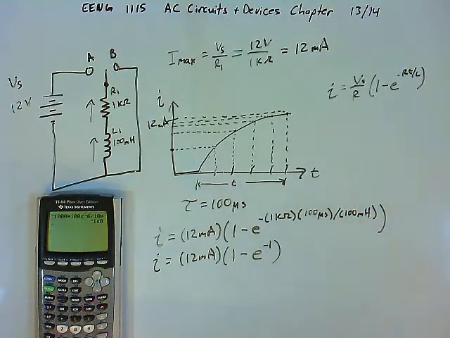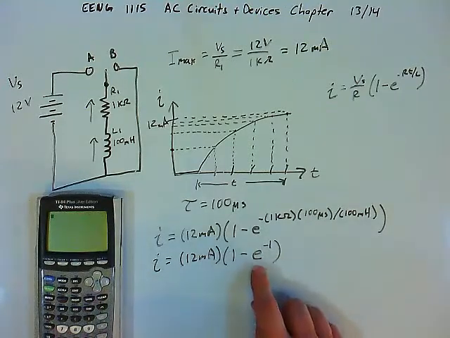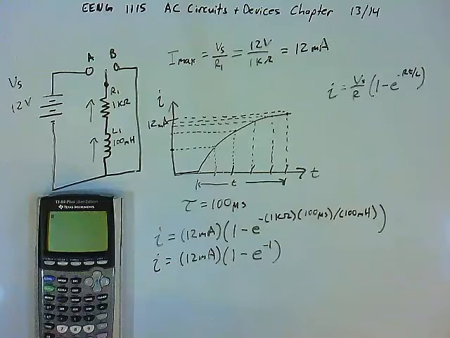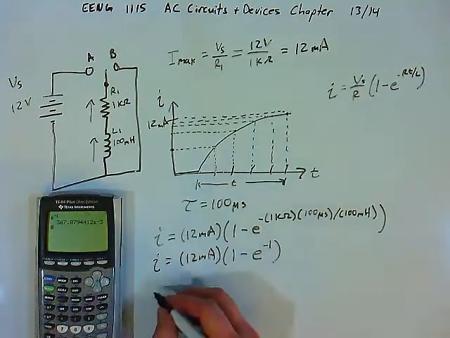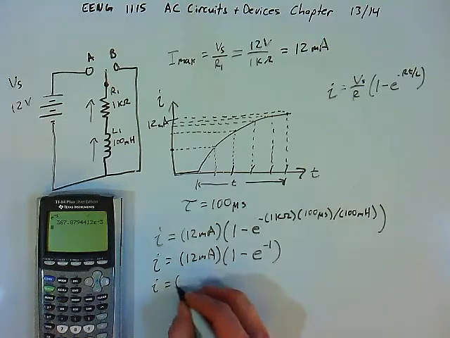So no coincidence that that worked out to be negative 1. Now that we've worked out the exponent, we will take e to that power. Depending on your calculator, you probably have an e to the x button. I have to hit second and then my natural logarithm button, and I get e to some power. I want that power to be negative 1. e to the negative 1 power. So I get I is equal to 12 milliamps